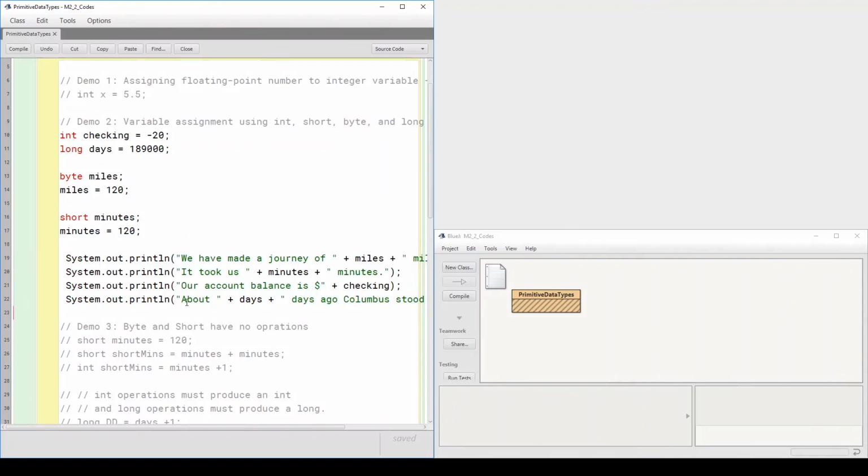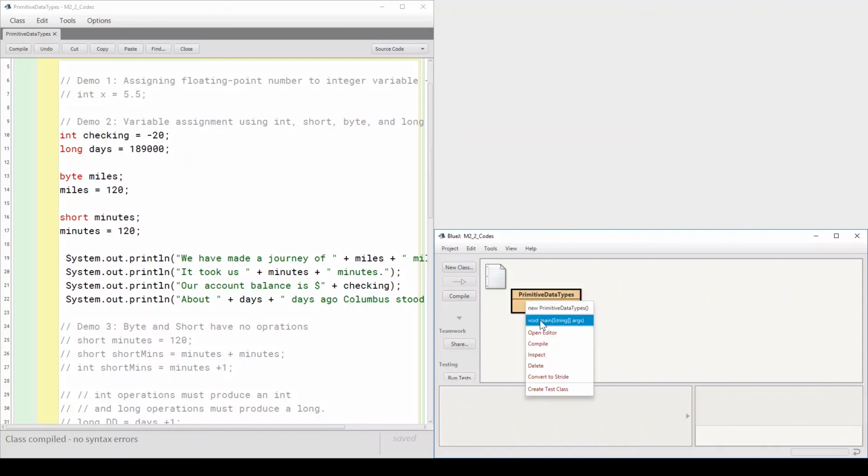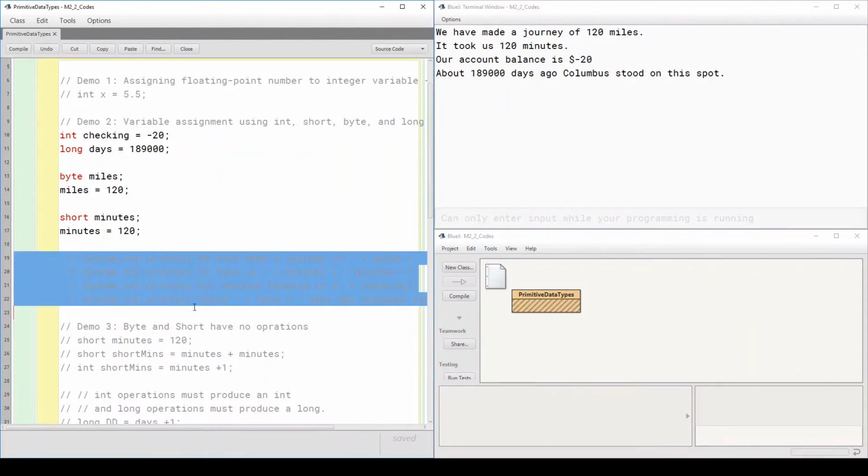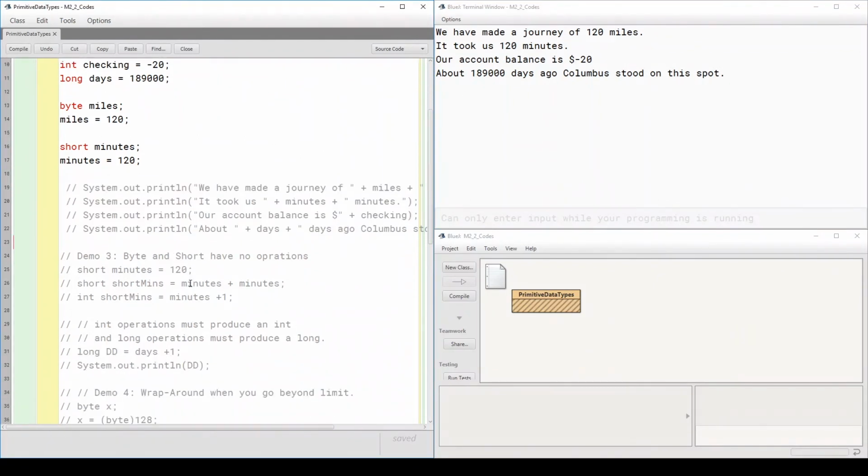So we can have examples like we have made a journey of a certain number of miles. We took a certain number of minutes and our account balance is this, whatever checking is. And then it took us about days ago, Columbus stood at this point. So if I run this, it should give me all of these values and it runs smoothly, no problem. So let me comment this, and then let's check